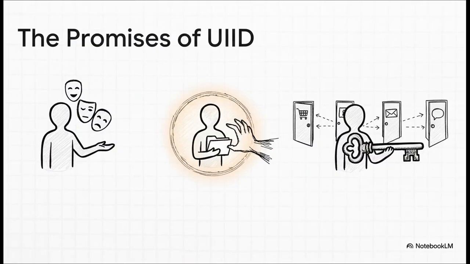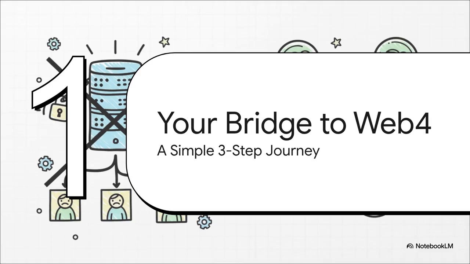This whole new model really boils down to three huge promises. First up, anonymity. You get to decide exactly what piece of information you share, and with whom. Second, you get data sovereignty. This means your data is actually yours. No one else can access it, no one can sell it. And third, you still get that seamless one login experience for all your apps, but this time, you're the one holding the master key.